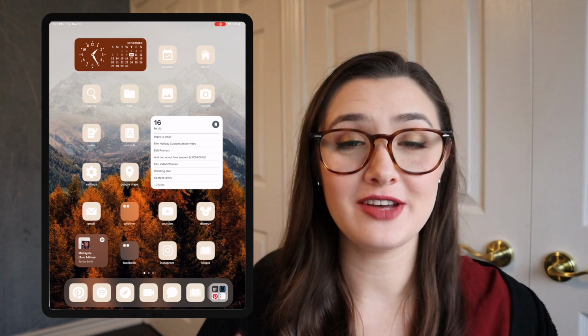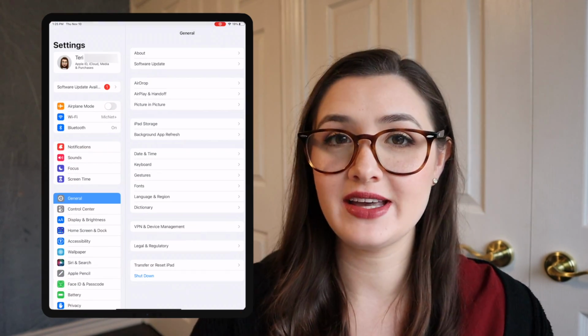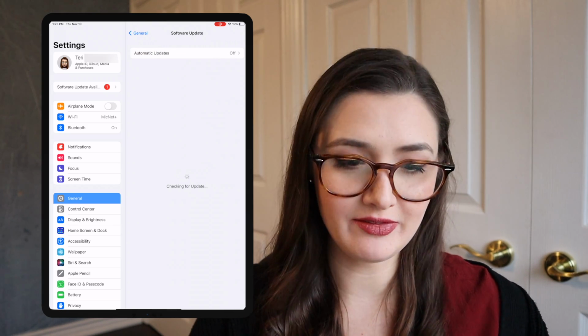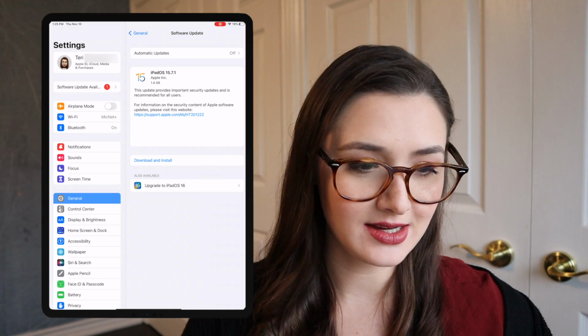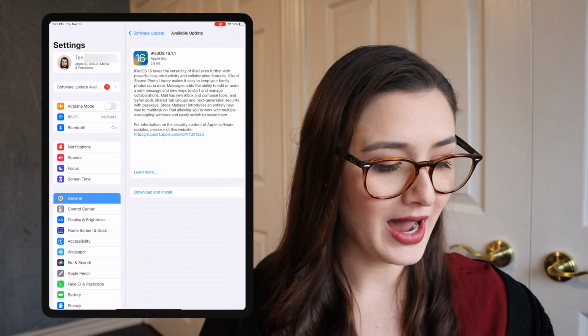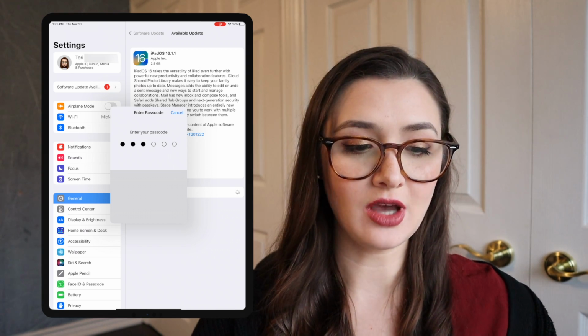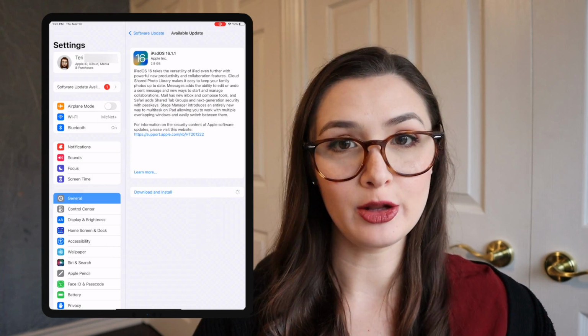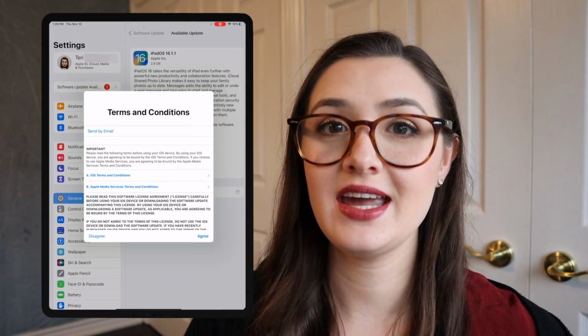So first things first, if you have not already updated your iPad, if you're able to, my device is the iPad Pro 11-inch second generation, so it can be updated to the new operating system, which I did do. So if you haven't already, you'll want to go into your settings, hit general, and then software update, and then what's available to you will be there to download and install. It does take a little while.